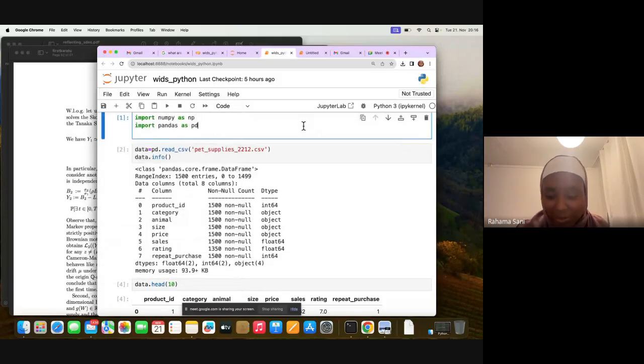So let us quickly, because I have 30 minutes. We start with importing NumPy as np and then pandas as pd. And then this statement here is used to load a CSV file, pd.read_csv, and then you put the name